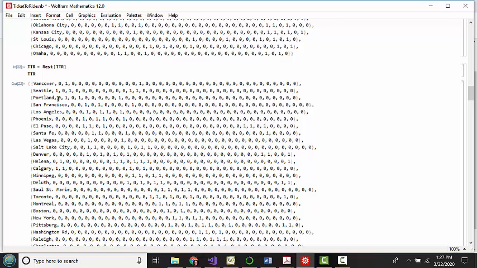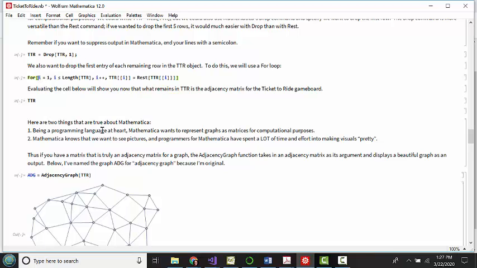But the next thing we want to do is use that Rest command all over again on every single row that remains in the TTR object. So we want to get rid of all of these first entries of the rows in the adjacency matrix so that all we're left with are numerical values, zeros and ones. So what we want to do is, starting at 1, going up to the length of TTR, or the number of rows, incrementing by 1 at each iteration of the for loop,